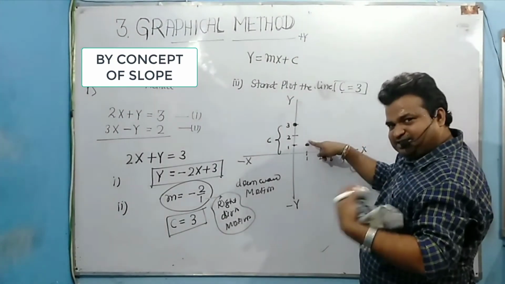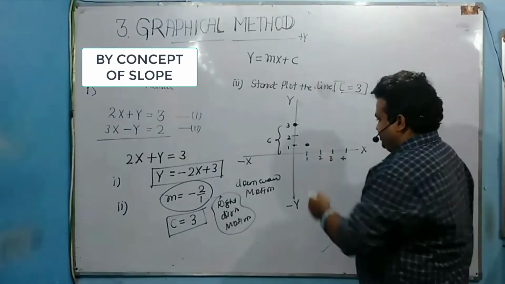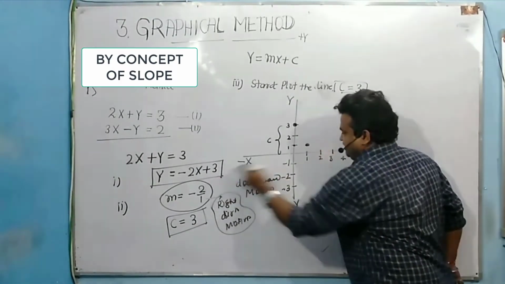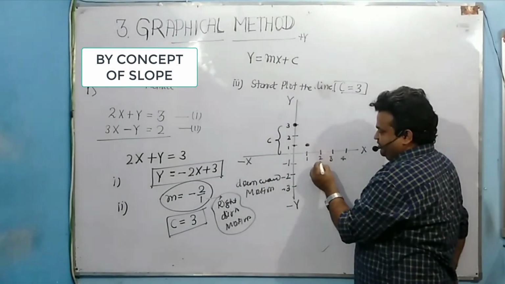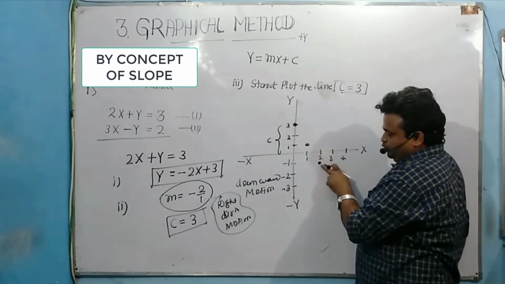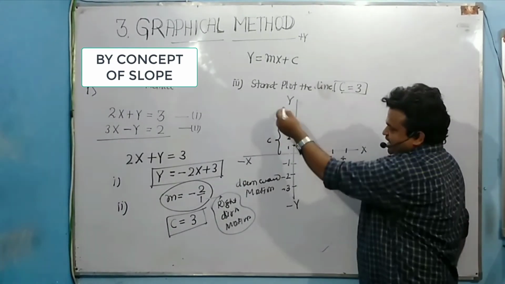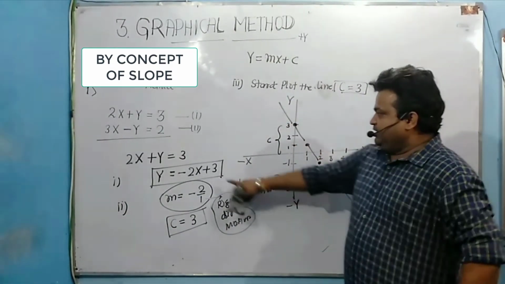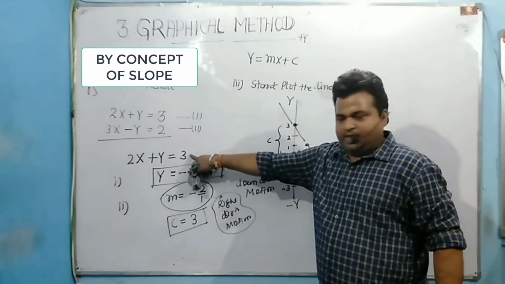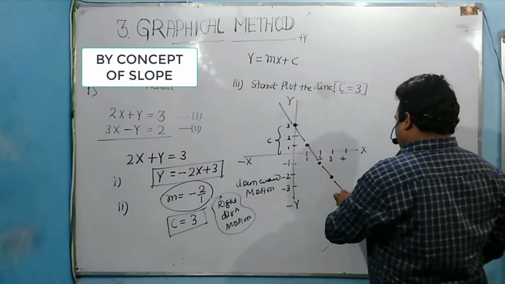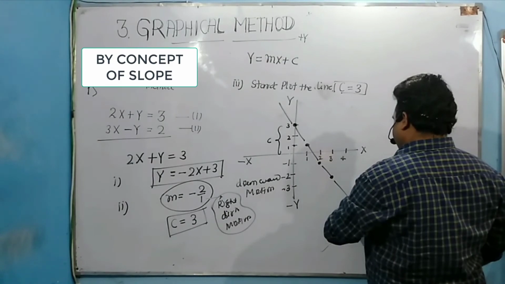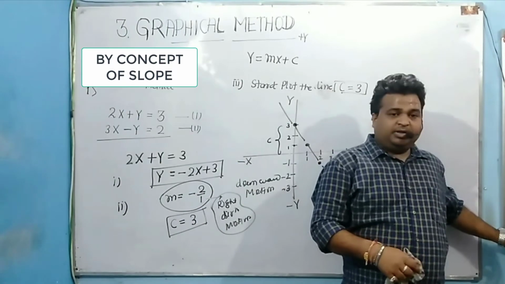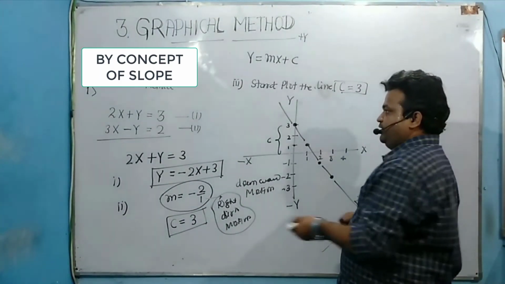Now again you proceed the same thing again and again. You will get different dots. So this is minus 1, minus 2, minus 3. Now again I move 2 steps downward, 1, 2, and 1 step rightward. Again from this point, 2 steps downward, 1 step rightward. Now you have different points. Just draw a straight line, which represents the straight line for this equation. So this is the line for the equation 2x plus y equal to 3. Now I am going to solve the problem, the straight line for the next equation.